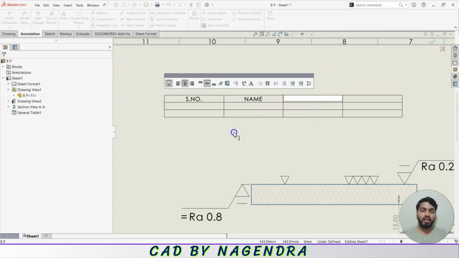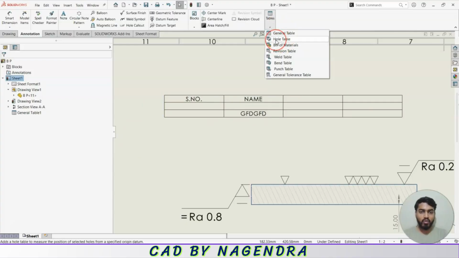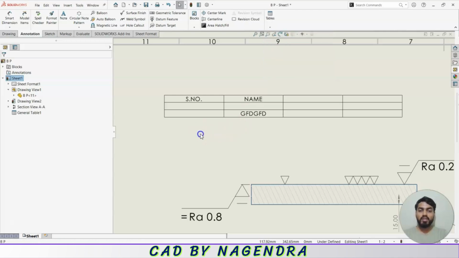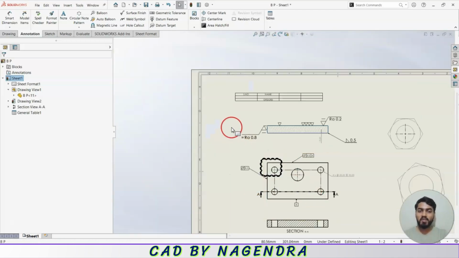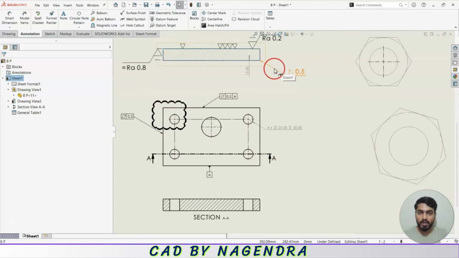Next, according to our requirement, whatever text we want, we can create one general table. Then next we have the hole table. What is meant by this hole table, I also covered in the basic class, but now I am showing it in SolidWorks. What is meant by this hole table? For example, if we have multiple holes